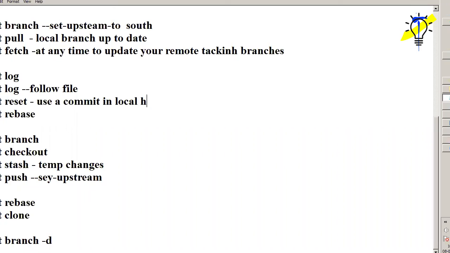What is rebase? Rebase will use the latest commits in the repo. So this is how git reset and rebase differ.